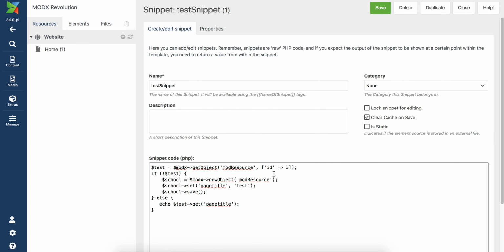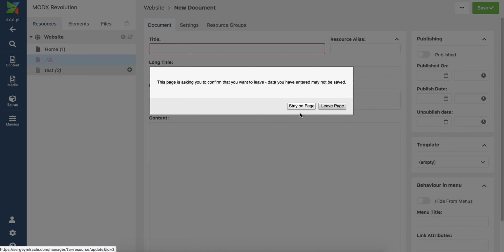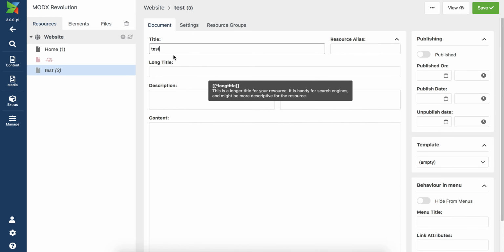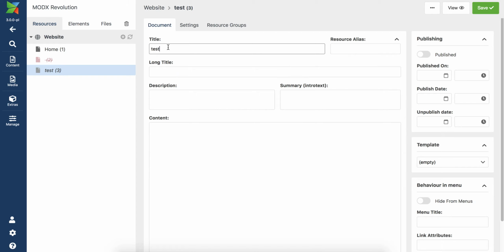So let's try and search for ID 3. If it's not existing, then we will create a new document. Okay. So let's see. Yes, so it's existing. Leave page and let's see. So we got the title. So xPDO is working, and I think this is good. This means that the development will be straightforward for the users, for the